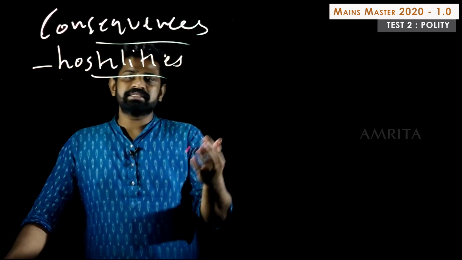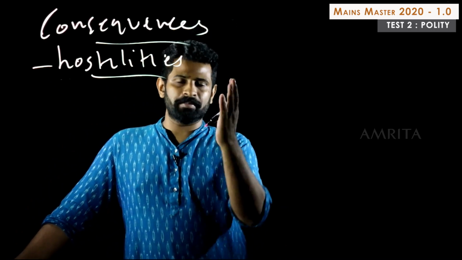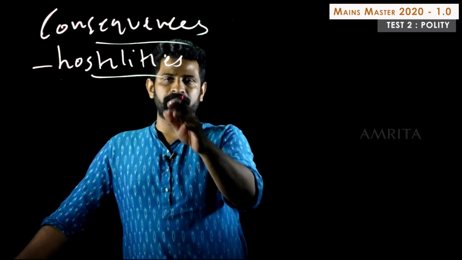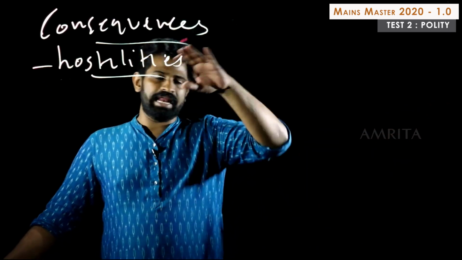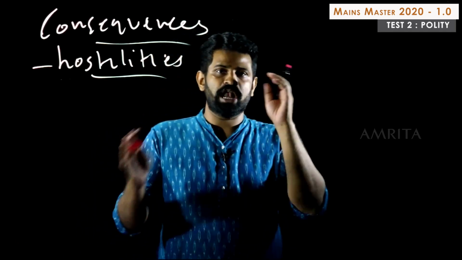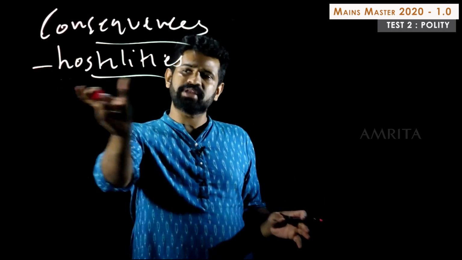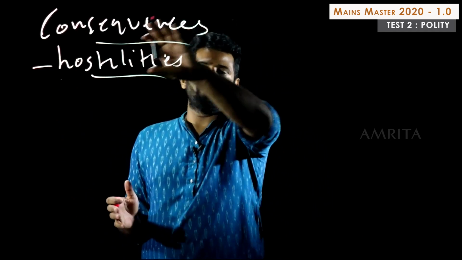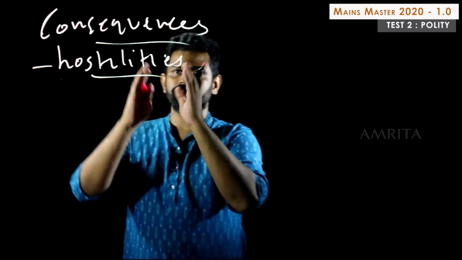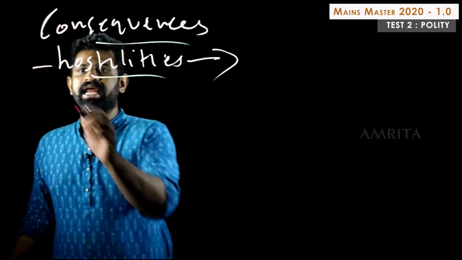When you're writing these kinds of points, you have to write the gist of the point or the major crux of the point in the beginning, and then maybe you can explain what it is. But don't write the entire explanation and create a scenario where I have to look for points, right? Just write straight away the crux, what the consequences are on federal setup. So straight away say it increases the hostilities between center and state. Secondly,